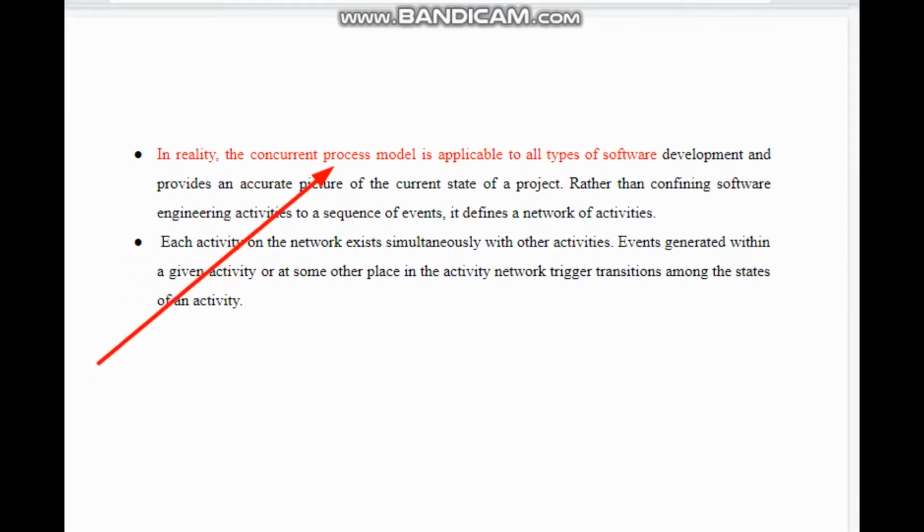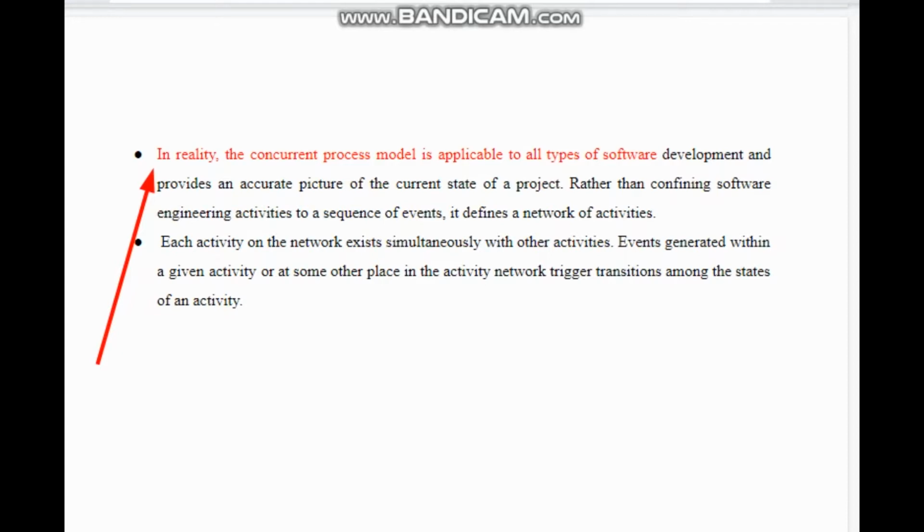In reality, the concurrent process model is applicable to all types of software development and provides an accurate picture of the current state of a project. As every activity has to undergo certain states, we can say that it is developed concurrently.